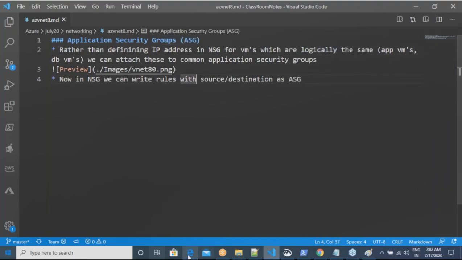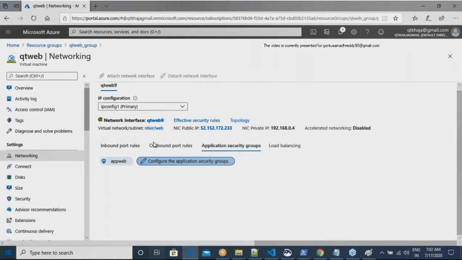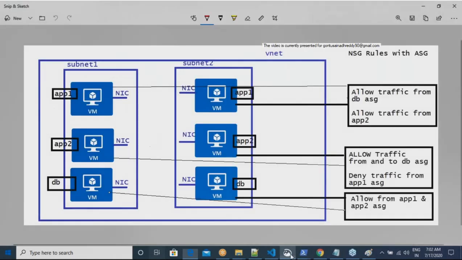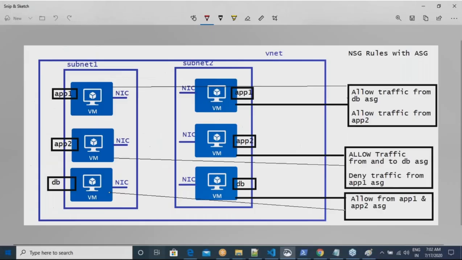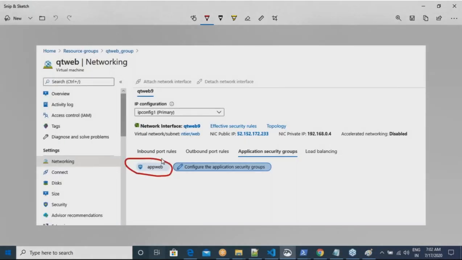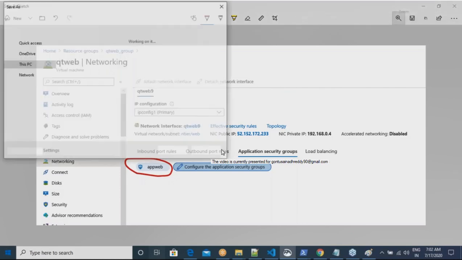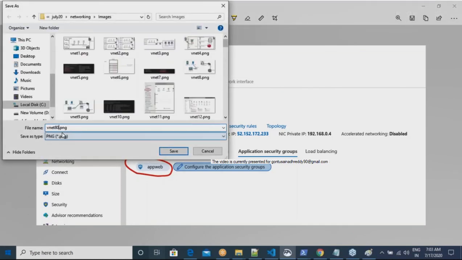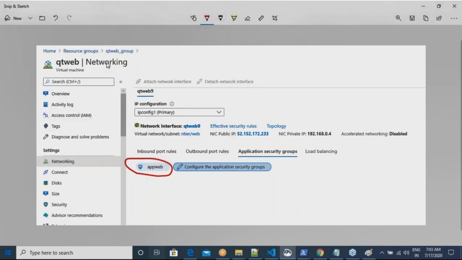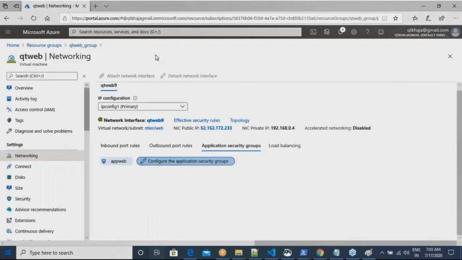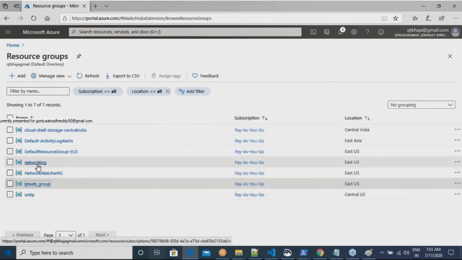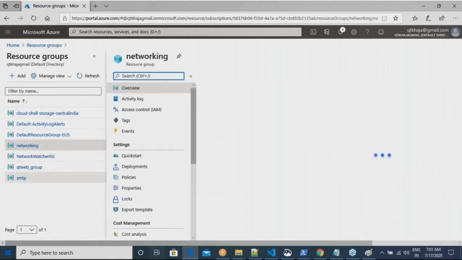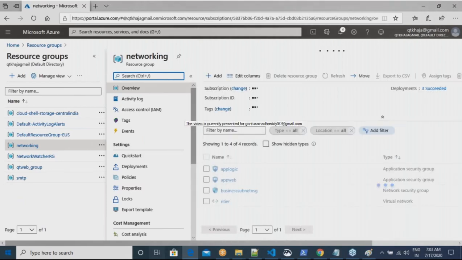So if you remember, if you look into this image, this machine belongs to the app web ASG. Now, whenever I'm writing security group rules, let me go to any NSG under networking.